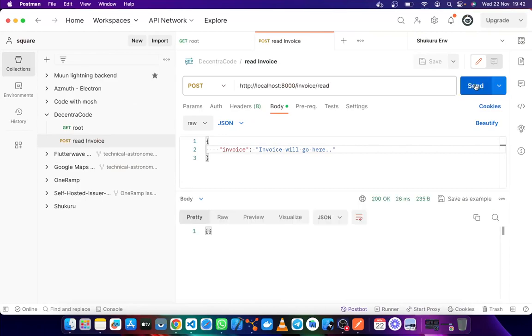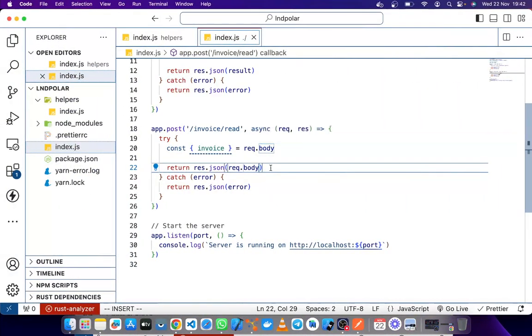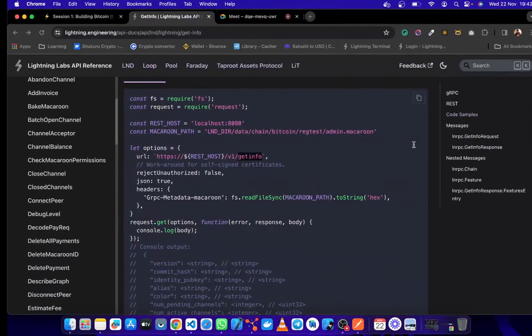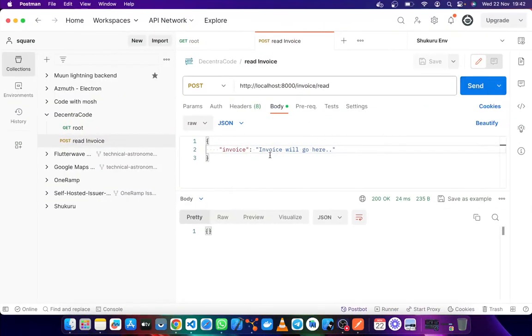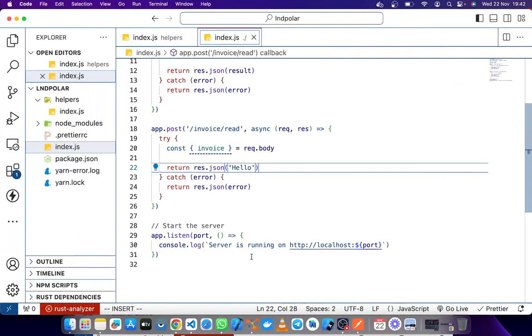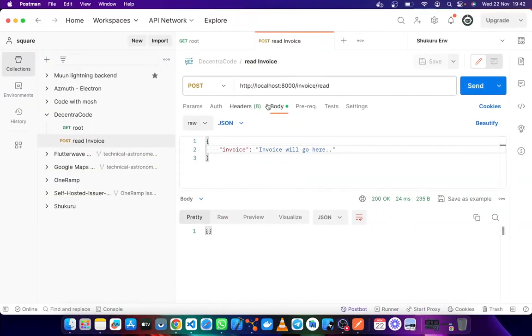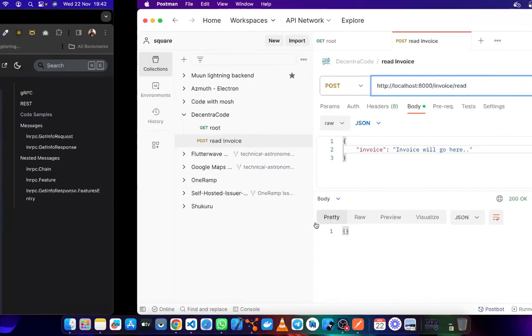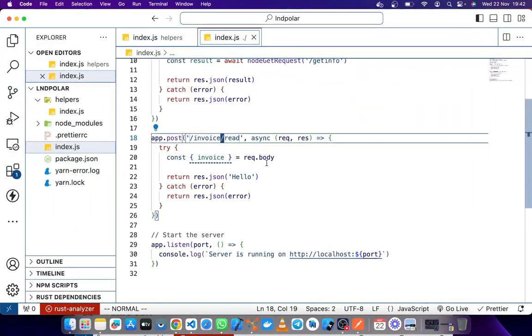Request.body. My endpoint is not getting called. Why? Did I spell this wrong? Invoice, read, and we have that.